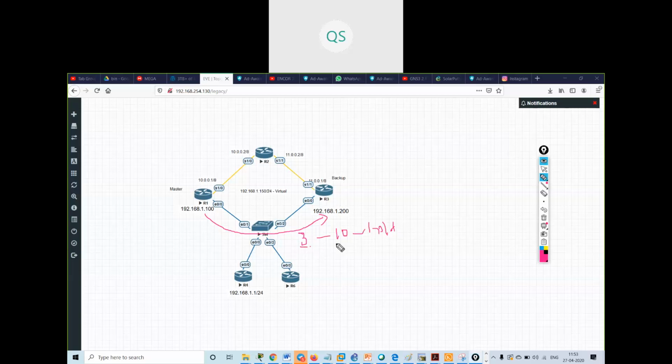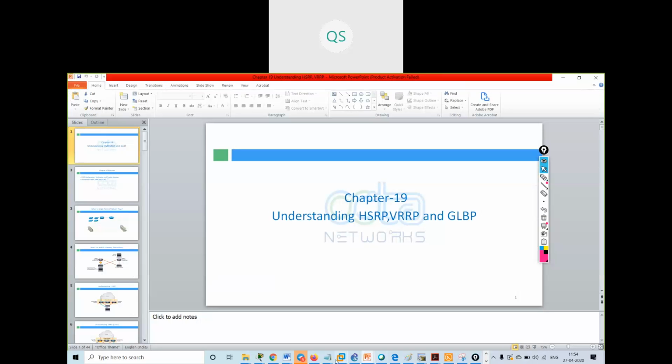After 10 seconds, this router will become the master router, or you can say active router in the case of HSRP. In the case of VRRP, the same thing will happen, but the timer is changed. The timer now is 1 second for hello and 3 seconds for dead time, the hold interval. Understood? What is hello time and dead time? Yes. So the same thing we have done over here.